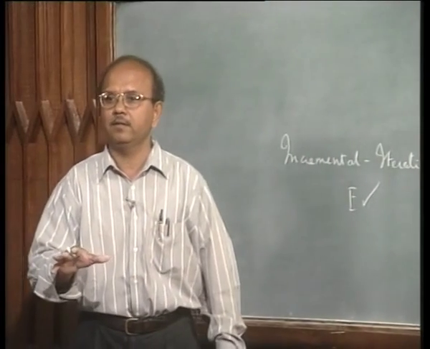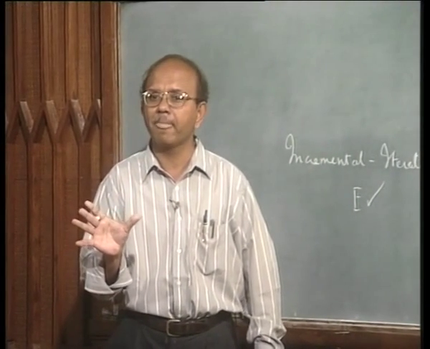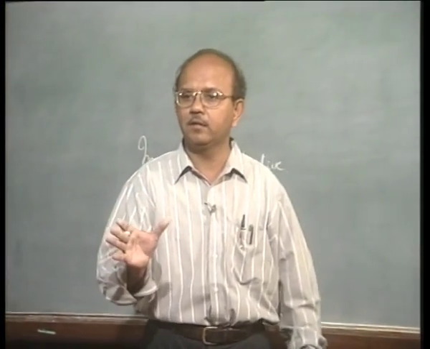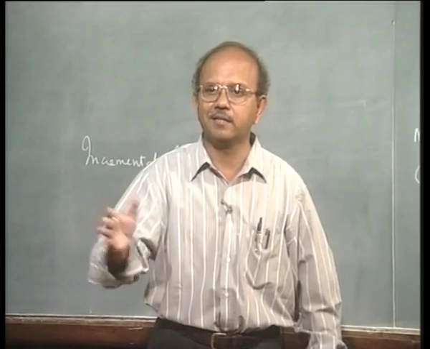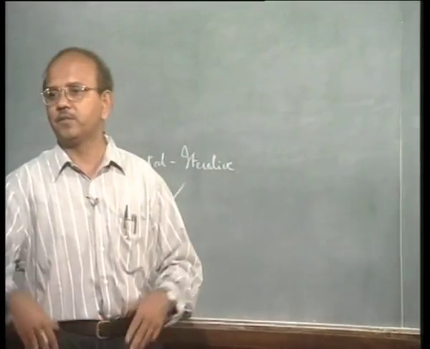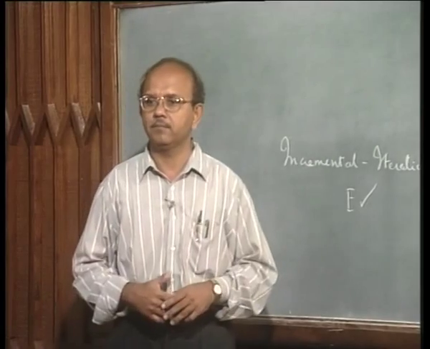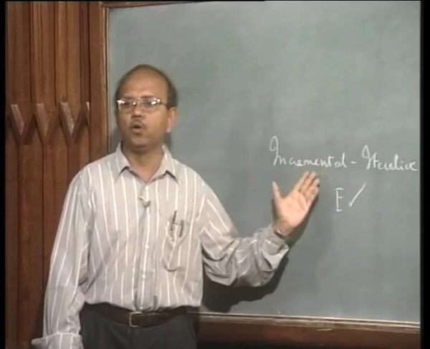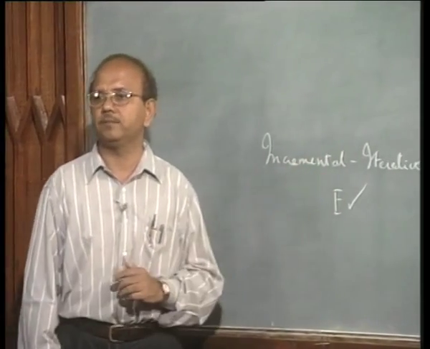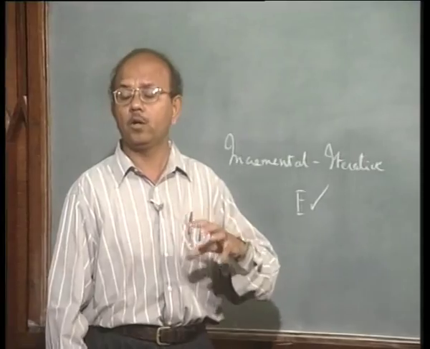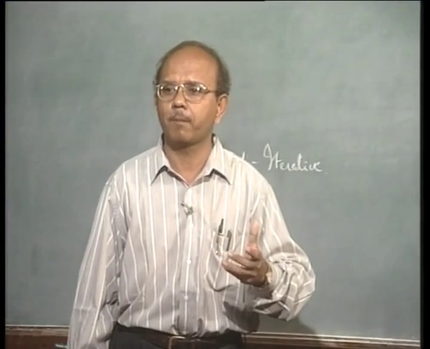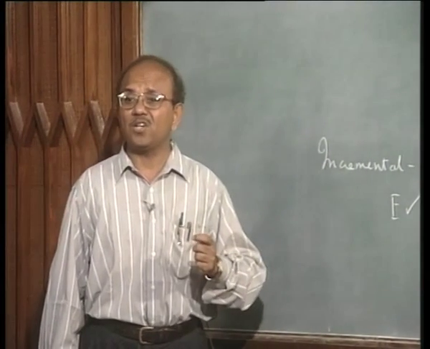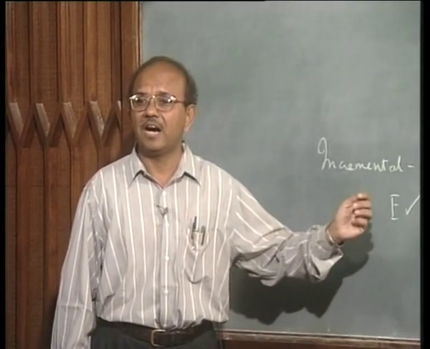If things are okay, what is meant by okay? Equilibrium. If equilibrium is achieved at 200, then I will go to another 100, say 300. If things are working out very well, from 300 I will jump to say 500, and so on. So the first concept is that I will apply the load in an incremental fashion. That is the first thing. The next concept that becomes important is iteration.